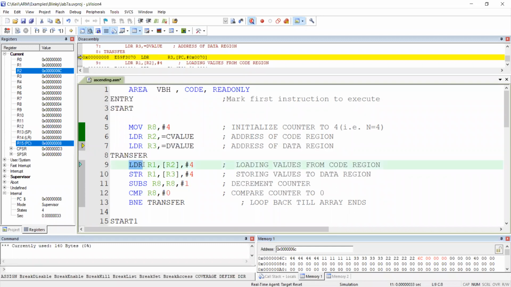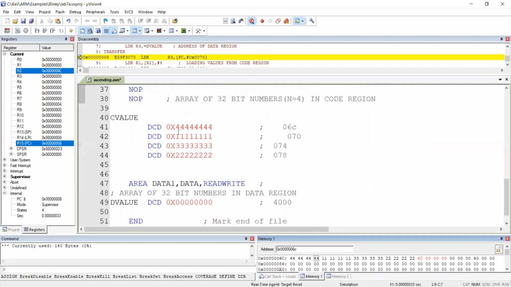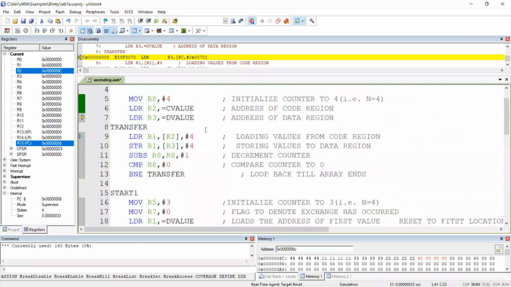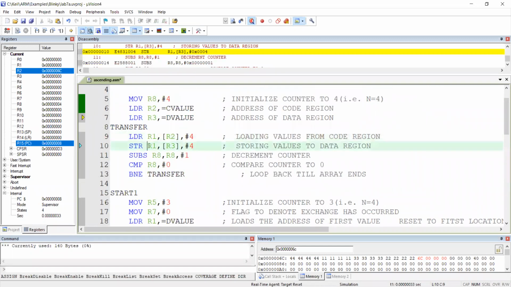After every load, it is not a byte, it is not an H, it is an LDR. No byte, no H means we have to fetch 32 bits. If we fetch 32 bits, see this: if I take only this location, 8 bits; total 16; 1, 2, 3, total 24; 1, 2, 3, 4. If I take all 4, I will get 32 bits. That's why I'm going to fetch all these values onto R1. Next, the same 32-bit values are stored into R3. Now the question, what is R3? I have not yet calculated.